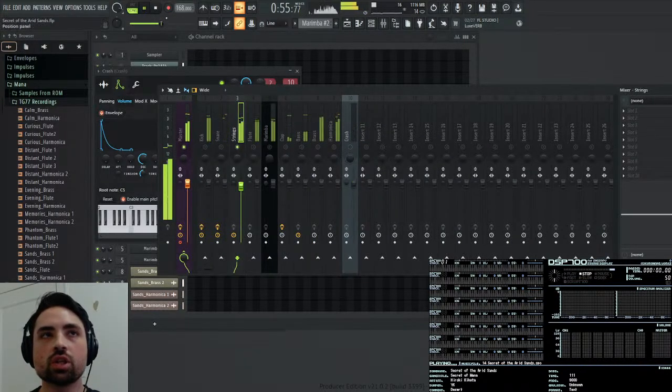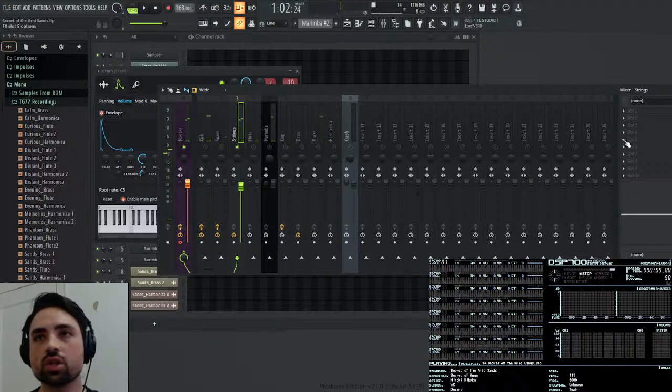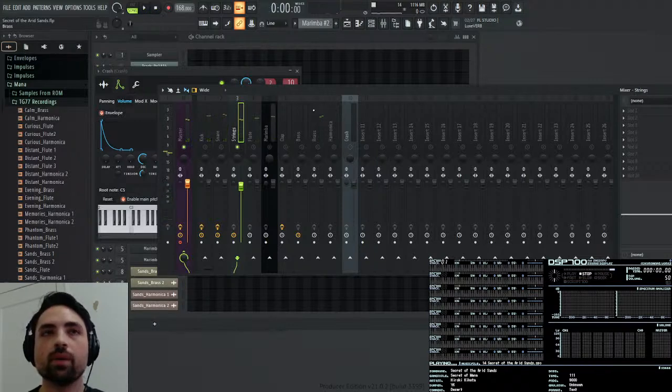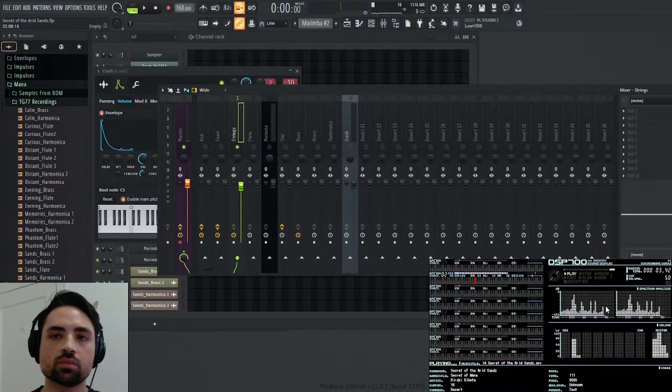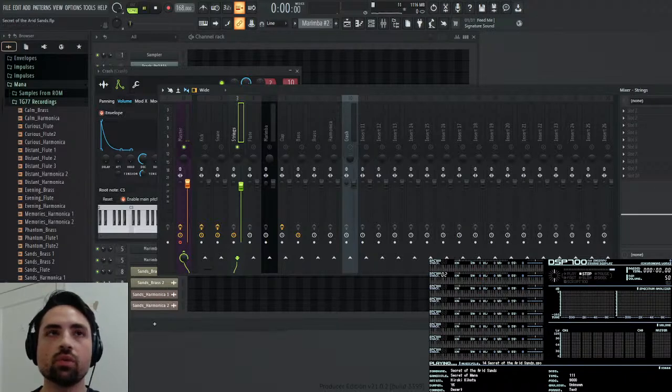So now these strings. I don't want to saturate the strings because I want to keep them relaxing like that. But I do want to give them some reverb eventually when I figure out what my reverb situation is. Well, actually, no, they really don't have any reverb this time.